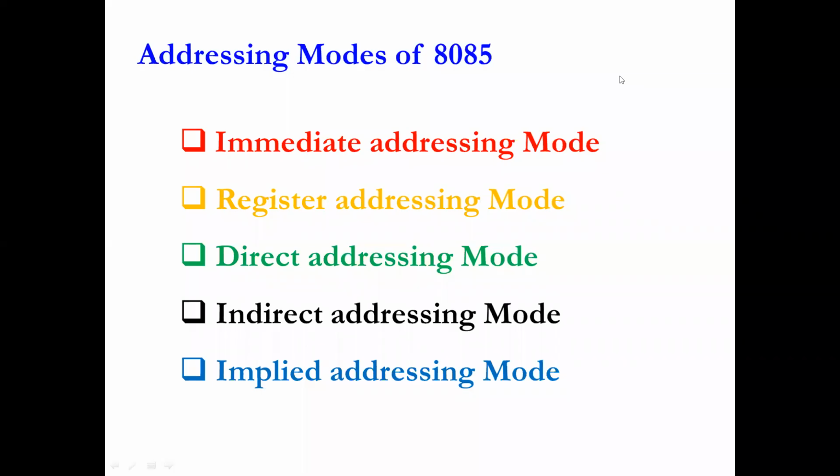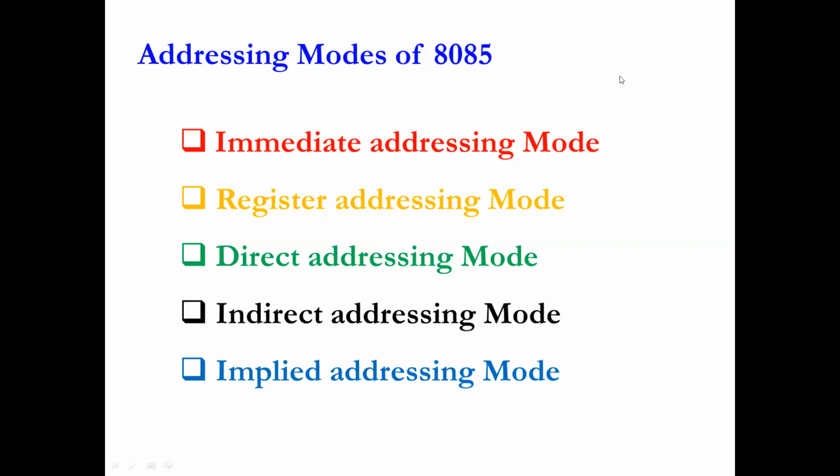Today I am going to discuss the addressing modes of 8085. Some of the instructions are used to copy or transfer data from a source to a destination. The source or the destination may be a register, memory, or port. There are various formats to specify operands for an instruction. The different techniques of specifying data are called the addressing modes.